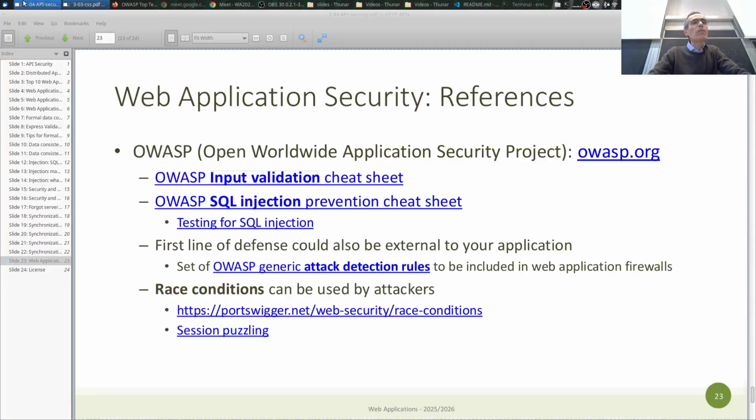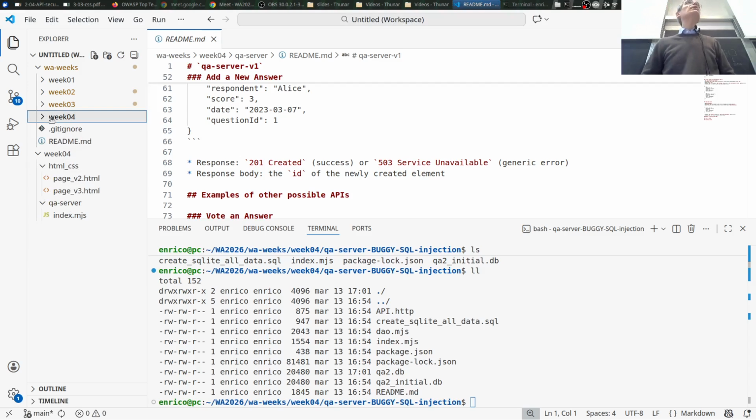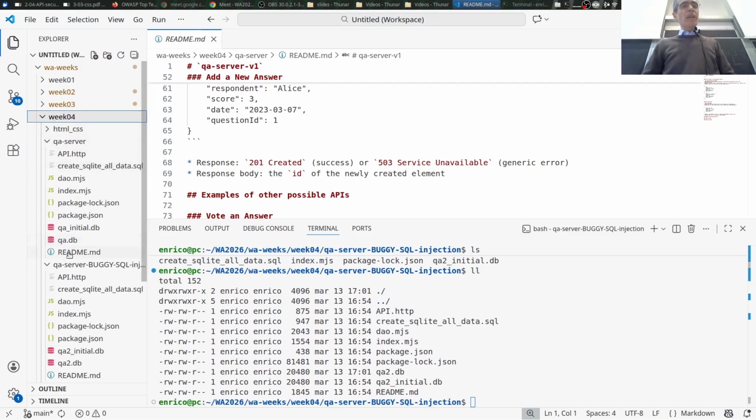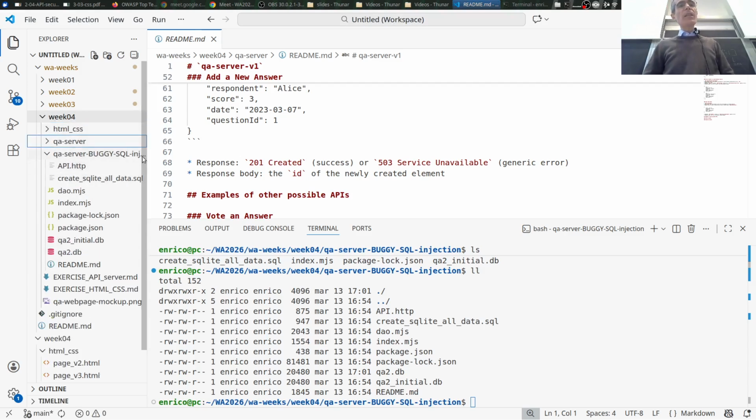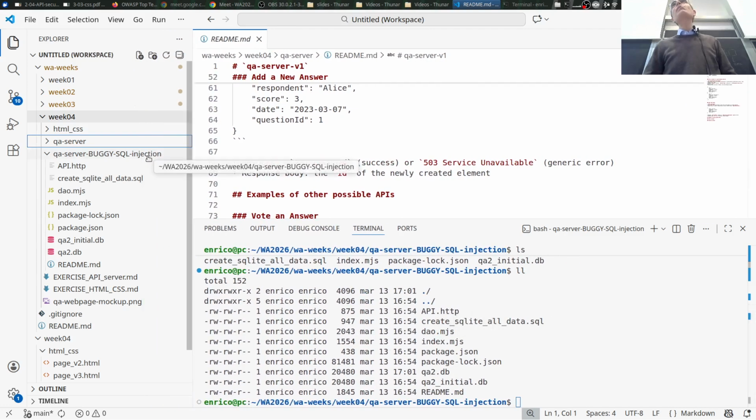So for today we finished the theoretical part, the slides, and we're going to try something in practice. So we go to week 04, and we have a folder named QA server, buggy SQL injection,